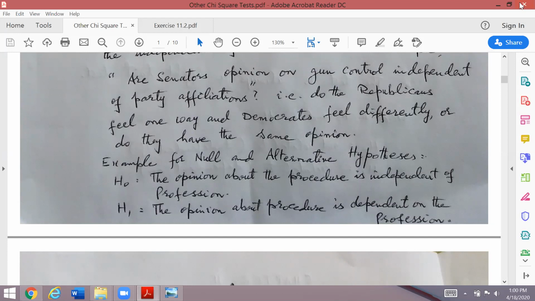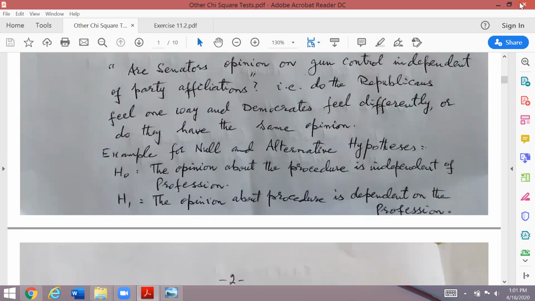So I told you that only in case of chapter 11, you will be writing sentences in the hypothesis. You will not be writing any sort of symbols, but don't use this concept in the previous chapters. Don't start writing sentences in those chapters also. There you have to just indicate your null and alternative hypothesis using your symbols, either mu or population proportion p or sigma, or rho for the coefficient of correlation. But here you will be writing the sentences.